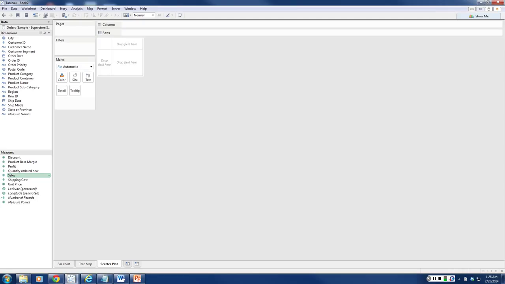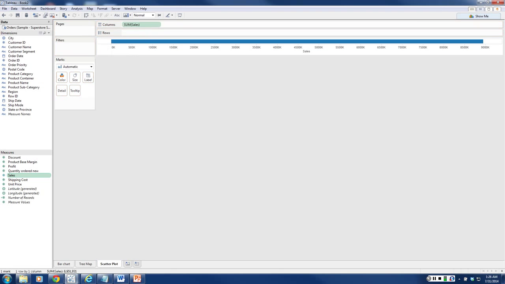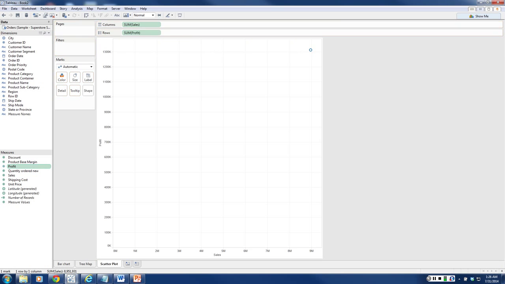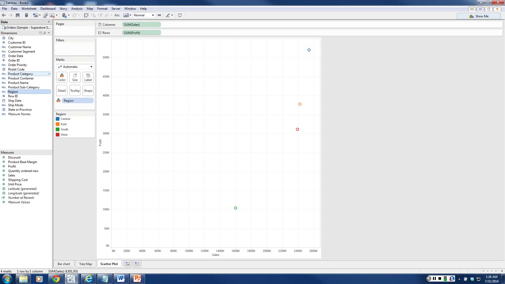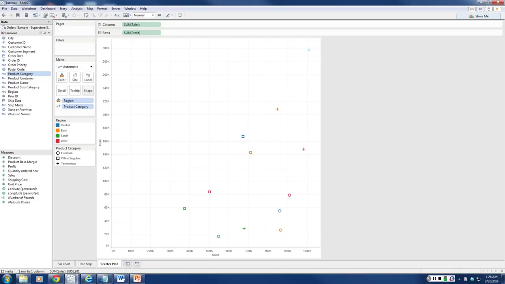So I'm going to grab sales in columns, profit in rows. I'm going to drag region to color, product category to shape, and customer name